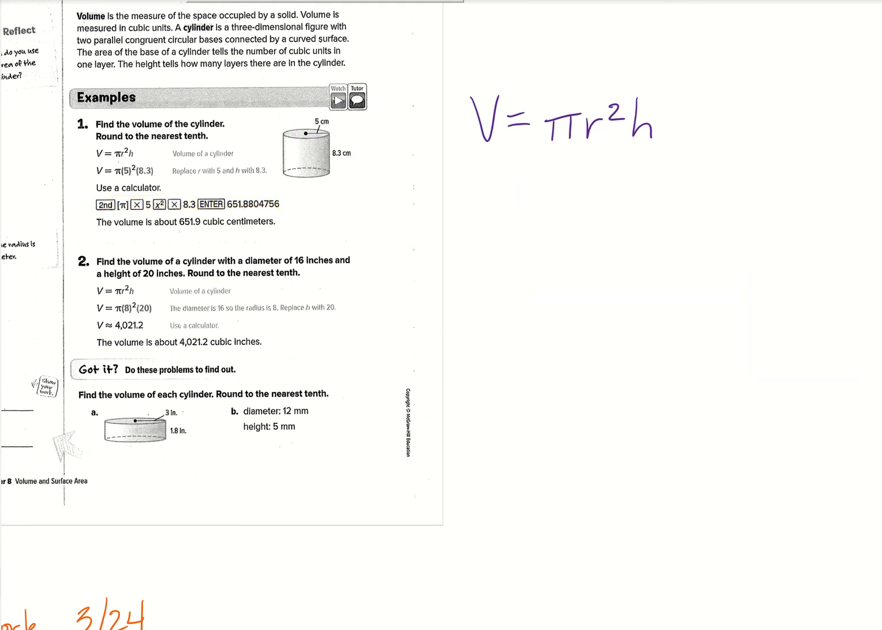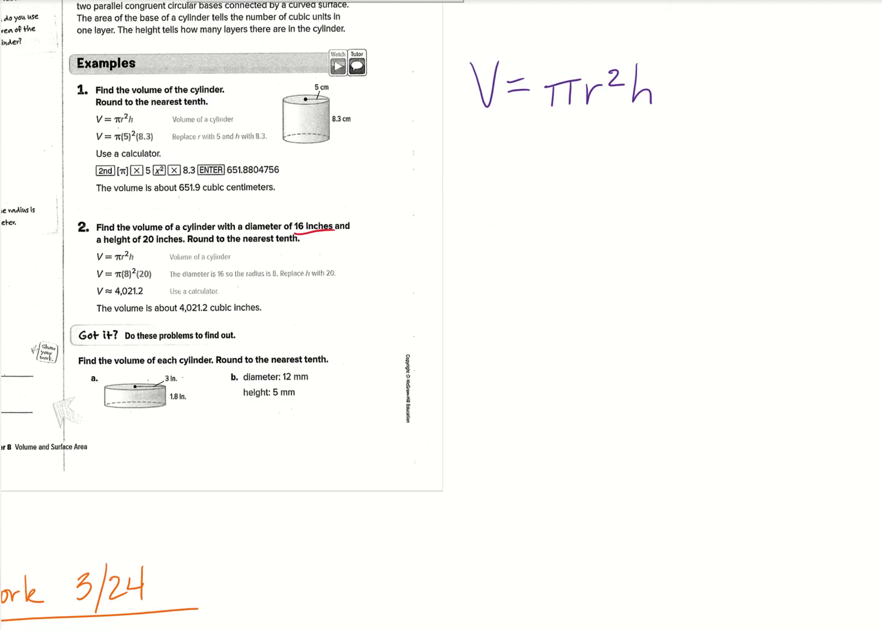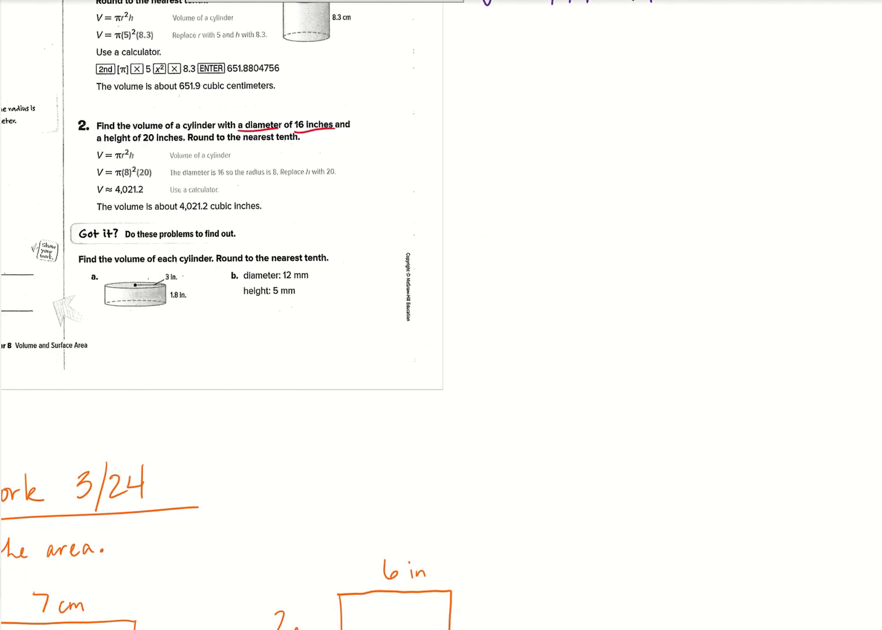So example 2 is also a pretty good one, and the main reason is because they give you diameter rather than the radius. So you've got to do a little bit more work for this one, right? Same thing, I'm going to start with the formula that we are given for cylinders. Then I'm going to plug in everything they give us. They give us that the diameter is 16 inches. Since it is diameter,